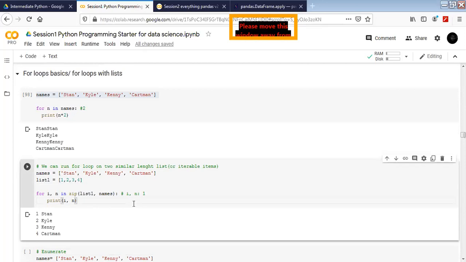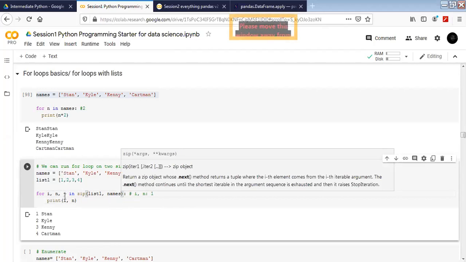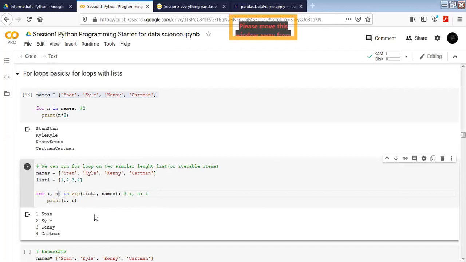So how many arguments does zip take? The number of lists that you want to pass in. Mostly I have only tried with 2, but if you have 3 lists, you can put 3, and then you have i, n, and then you can put j here and another list, whatever you want to put there. So the counters are going to be the corresponding counters for the lists that you have put in zip.